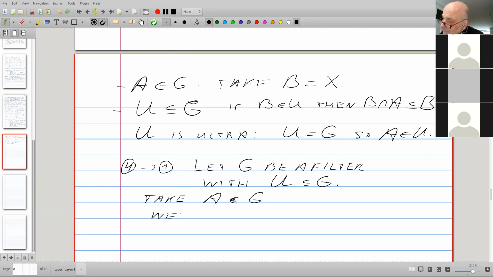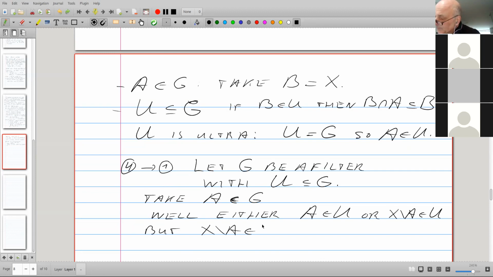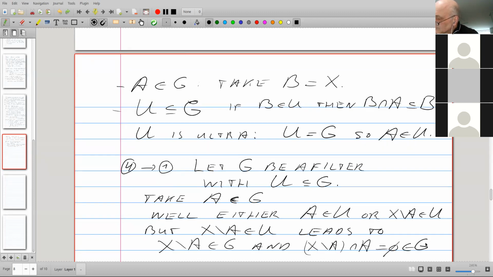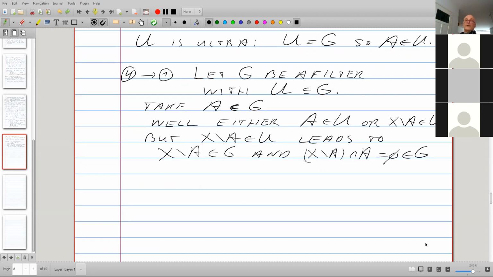Well, our assumption about the filter is now that it has to contain A or it has to contain the complement of A. But well, one of two will happen.